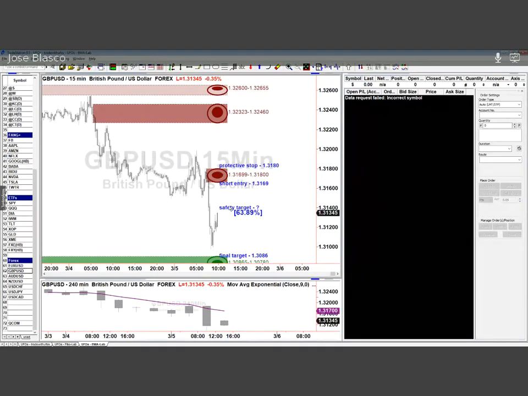And the reason why I'm not typing a figure yet for the safety target is because we are dealing with spot Forex. And what does that mean? Well, earlier I said that spot Forex means that this market is decentralized. And what does that mean? Well, it means two things. Number one, different brokers may have slightly different quotes, which is a concern. And